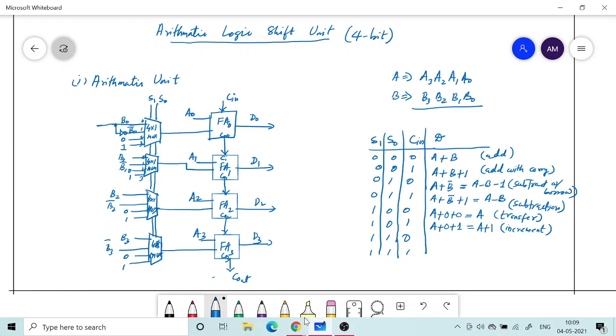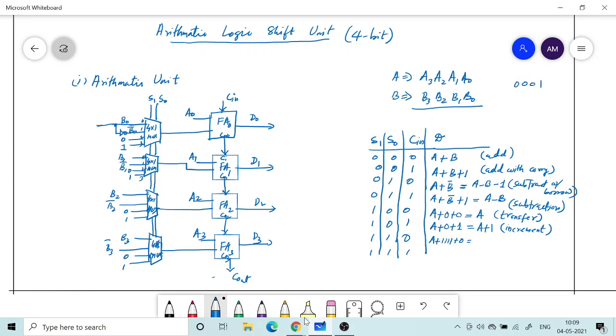Next one, let us look at. So there will be a 4-bit 1 1 1 1 that will be coming here at the output of the multiplexer. So you are basically taking 1 1 1 1 and adding with A. So A plus 1 1 1 1 and then carry is 0. So what is it going to do? What is 1 1 1 1? All ones correspond to the 2's complement of minus 1. Okay, for example, if you take plus 1, it is 0 0 0 1.